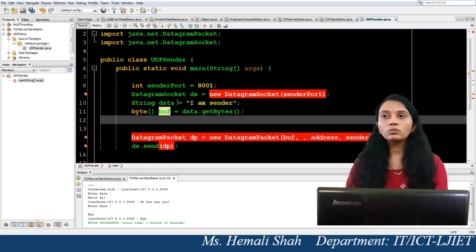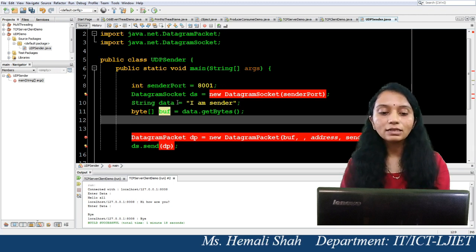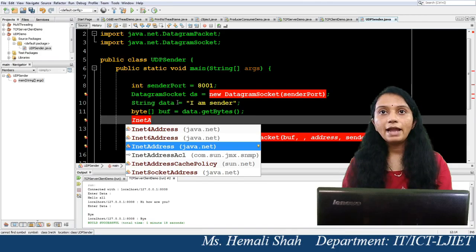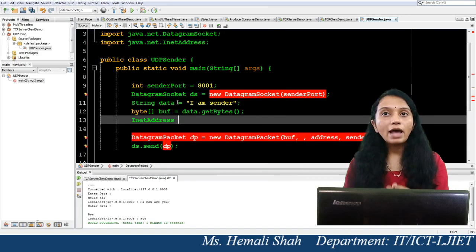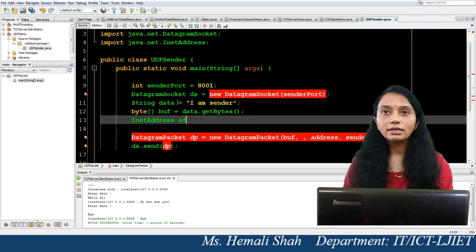Now I just want to send this data to a particular receiver's IP address. So that address you can specify by using the object of the InetAddress class, right? Now InetAddress, this is the address of the receiver. So I am making receiver address a parameter.